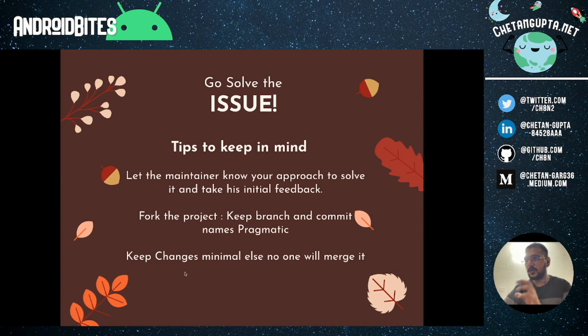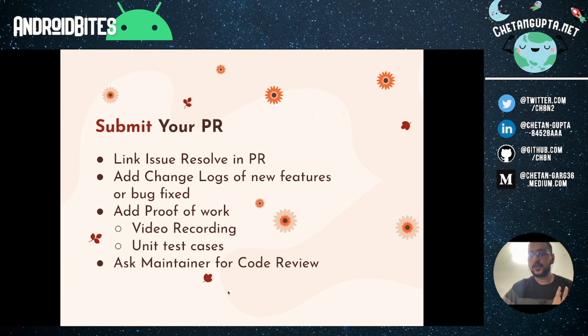So the thing that I want to emphasize is that keep your changes minimal. Otherwise, if you give a PR with a lot of file changes, for example 50 or 80, the maintainer will have a hard time reviewing it, and you can understand it yourself. If he feels it's very hard for just a small feature that I asked him for it to contribute, then it might happen that he won't do the code review, he will keep it as a tag and he will not merge it ever, right? So try to keep changes minimal. Okay, so this you should be trying to do.